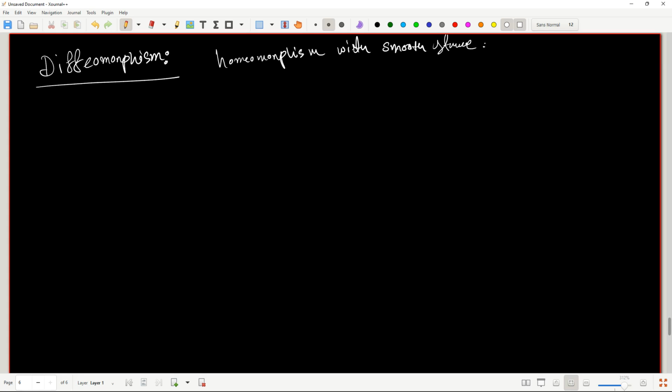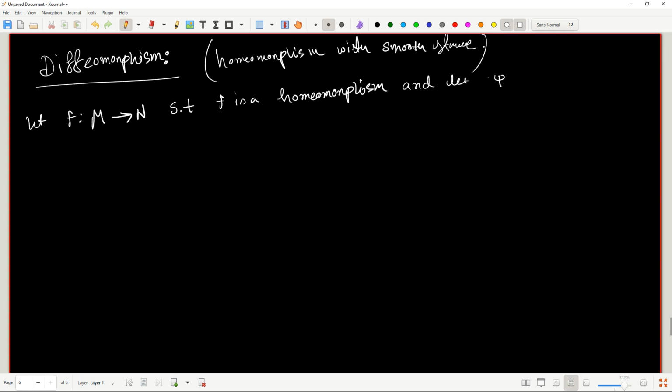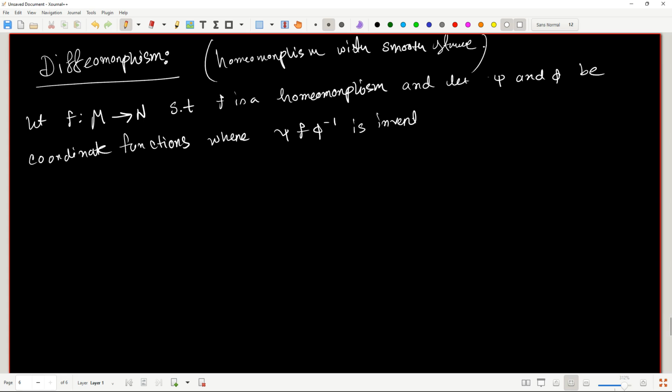And the formal definition goes as follows. Let F be a map from M to N, again this is a differentiable map, such that F is a homeomorphism, and let psi and phi be coordinate functions where psi of phi inverse is invertible. That means phi of psi inverse exists,